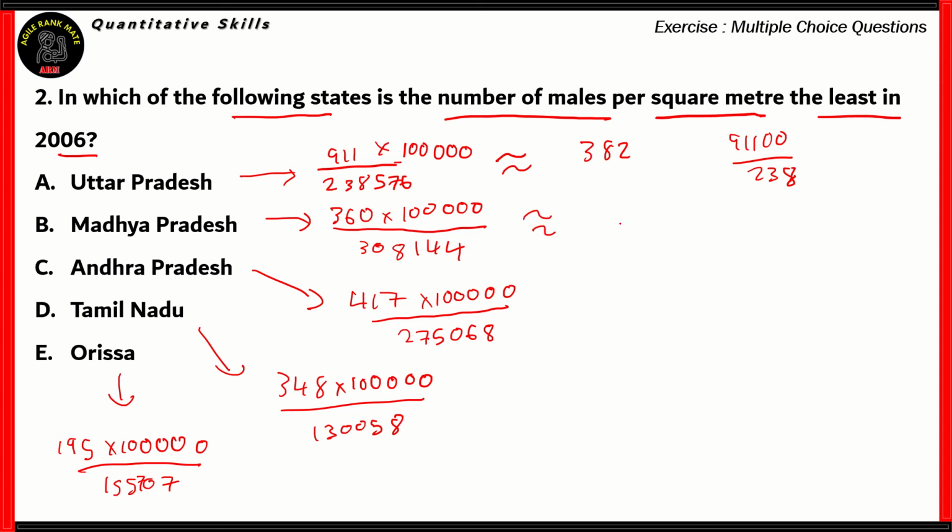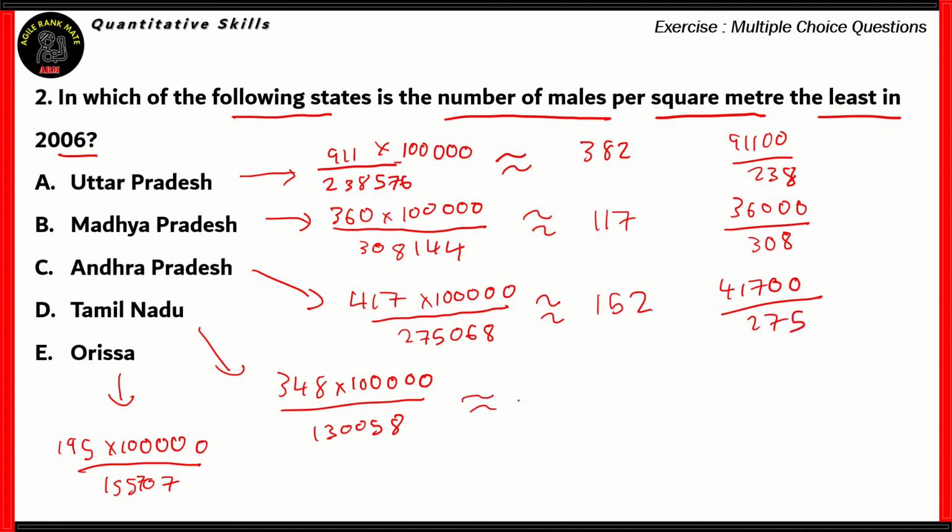For Madhya Pradesh, the answer turns out to be 117 males per square kilometer. For that, you can take 336,000 over 308. So 36,000 over 308 gives you a value close to 117. For Andhra Pradesh, it's 400. The value approximates to 152 males. You can get that by taking 41,700 over 275. For Tamil Nadu, the 4th state, you have